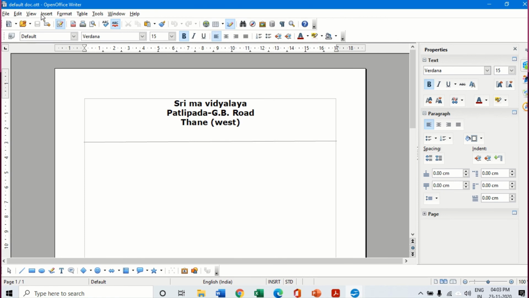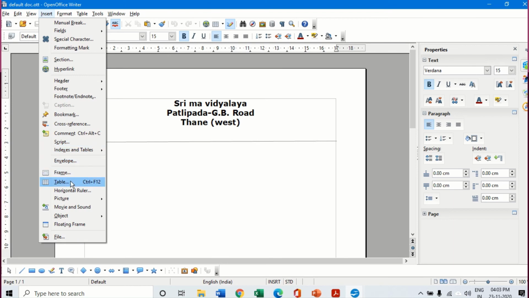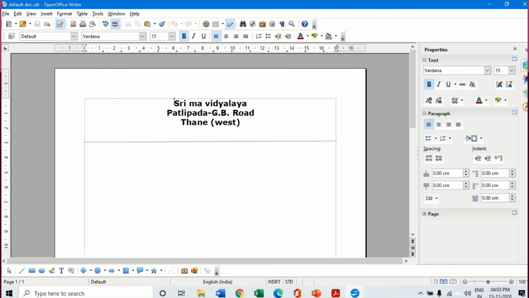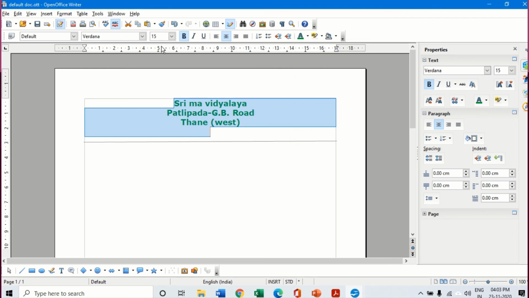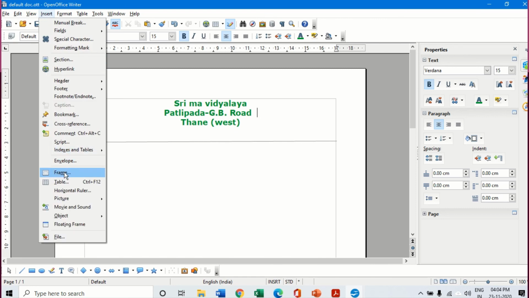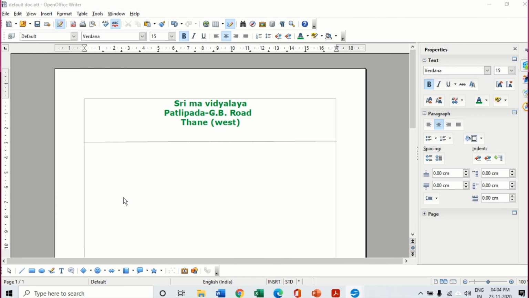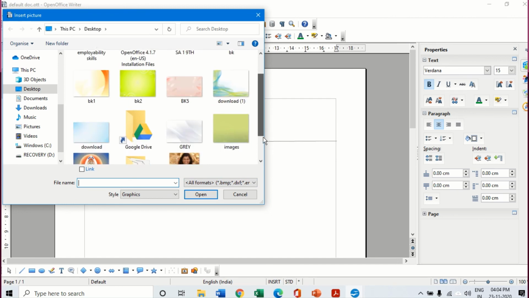Now here I'm going to insert, let's take, I want to insert a picture or make some changes to this. So I'm selecting this. Maybe I'm changing the font. I'm going to change the font and make it dark green, and make it bold, or something else. Also I want to insert a picture of the logo of the school which I already have with me, just to show the change.